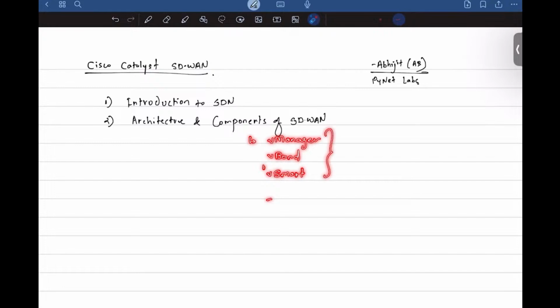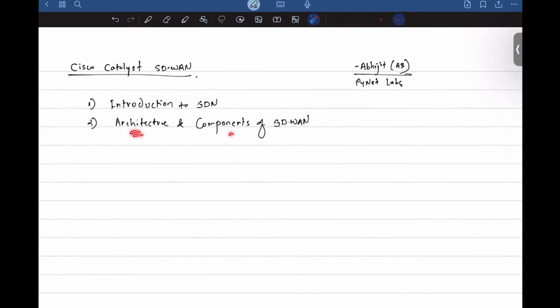These were mainly your controllers, which now are changed to manager. The vBond has become the validator now, and these vSmart have become the controller. So their names have completely changed. vEdge, however, remains the same. There is no change in the naming convention of WAN edge devices. So we will learn about the architecture and the components of how the SD-WAN solution is designed.